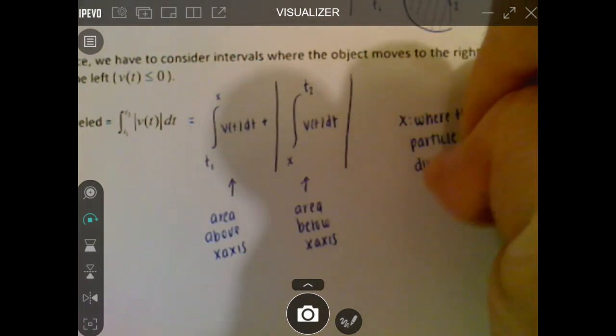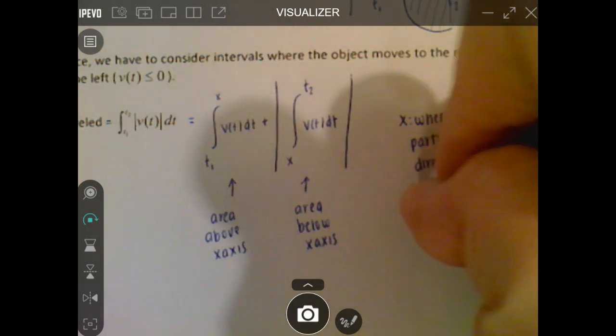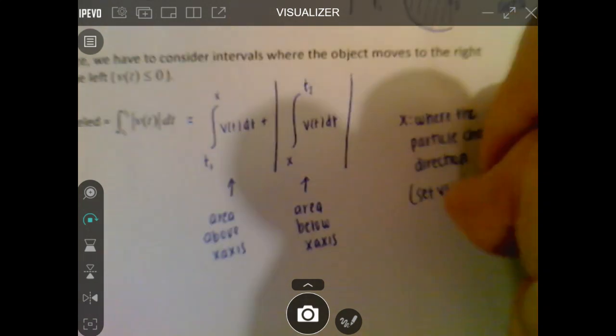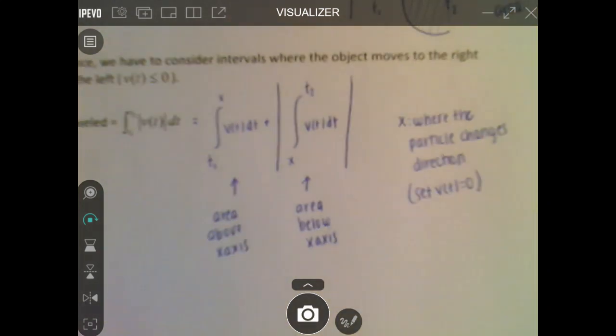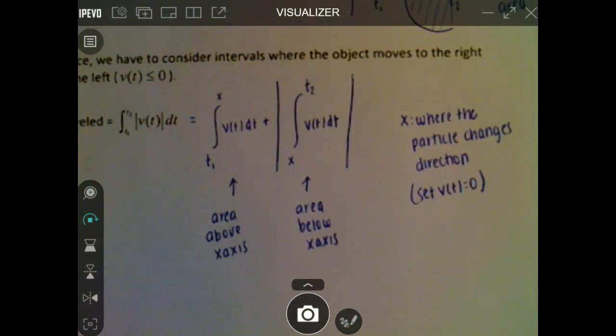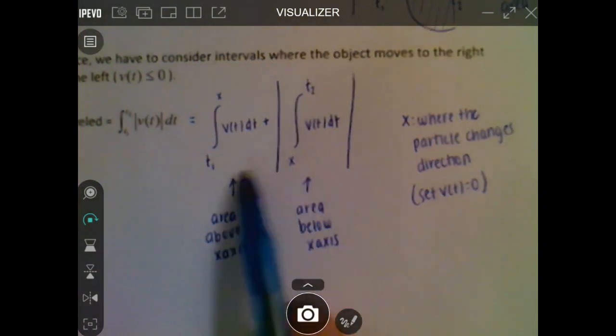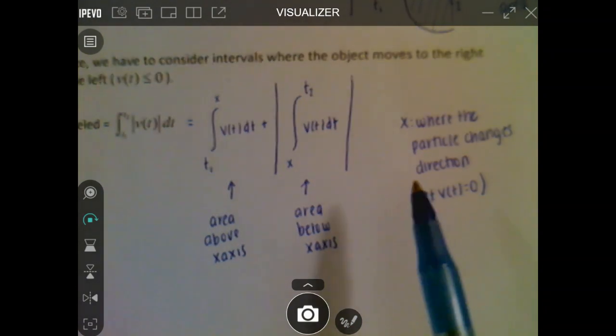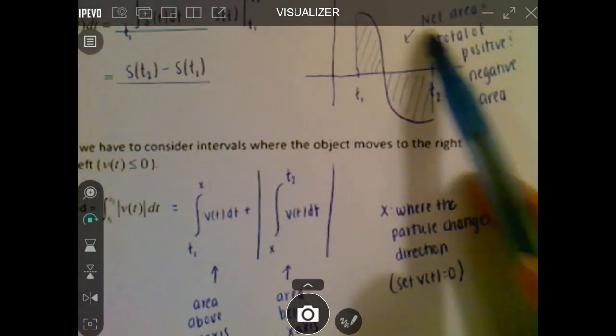And the way that we can find that is by actually setting our v of t equal to 0. Because remember that when v of t equals 0, that's where our object or particle changes direction. So what this really means in terms of graphs, if I go back up to this graph up here,